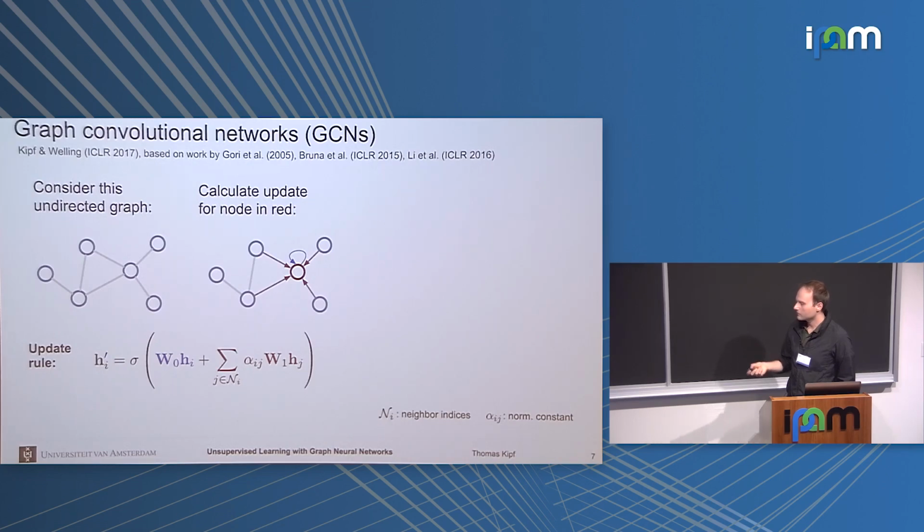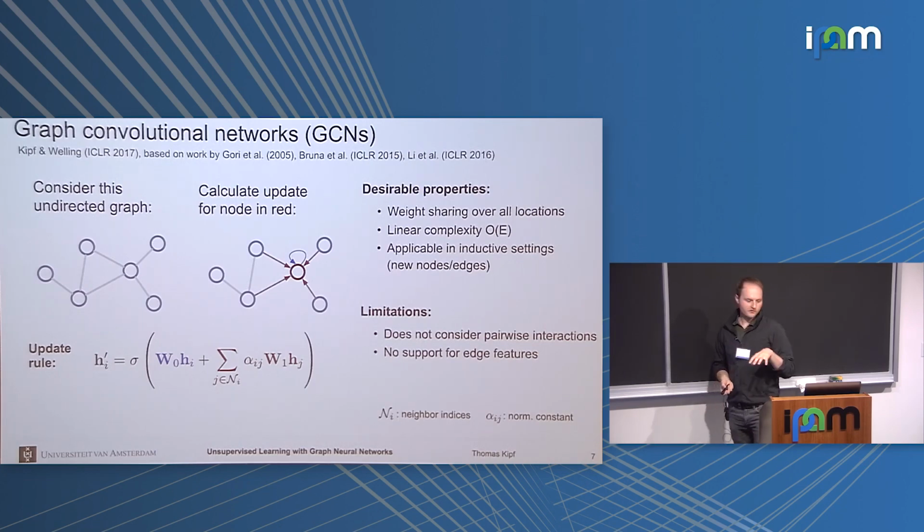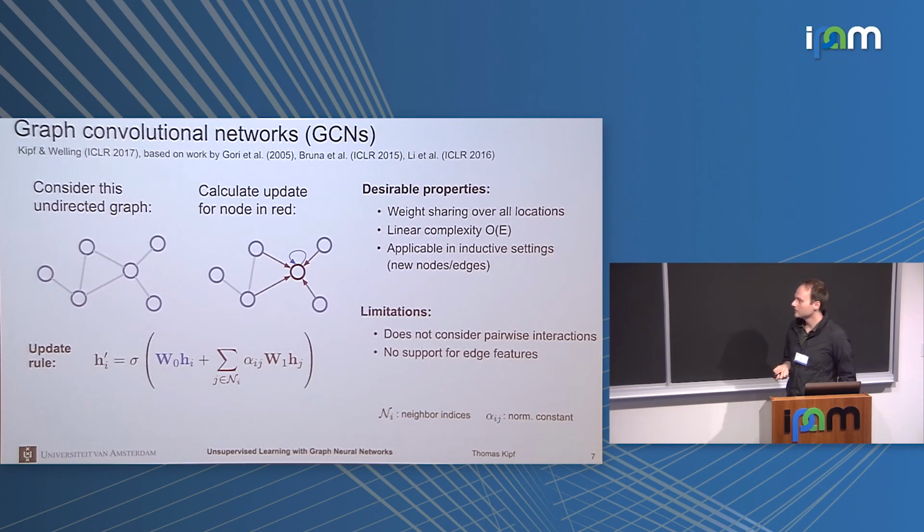The only thing that you can really discern is a first order neighbor versus a self connection that has a different relation. So you can assign it a different weight matrix, or you can also put them in the same relation type. This type of model now has weight sharing over all locations. So these weight matrices, or this update rule, is applied in parallel over the whole graph. And it has linear complexity: you only need to touch every single edge once in the graph for this update, or once per direction.